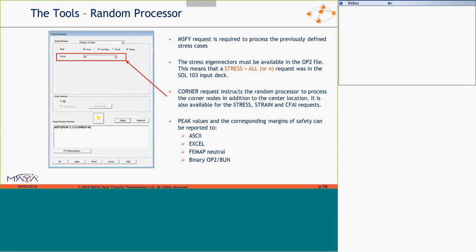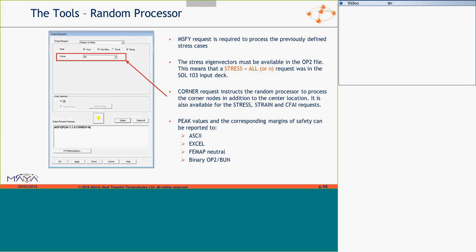If you went to the last slide, and let me ask a question. Corner no versus corner yes, what's the difference? What I'm saying is that's available. It's not available for the sign processor. Corner means it looks at the nodal results. Stresses, I'd have to say yes.